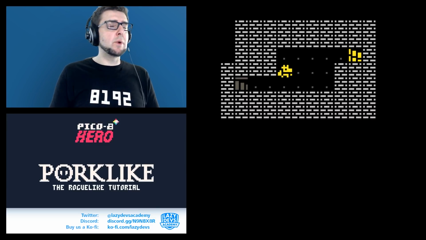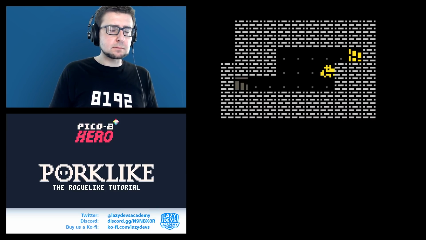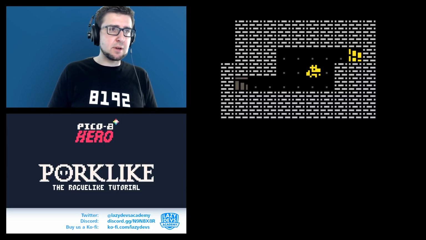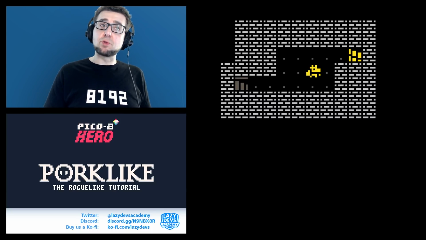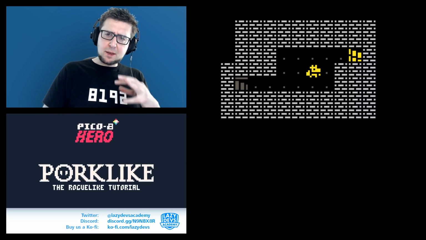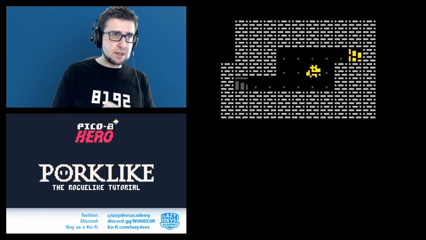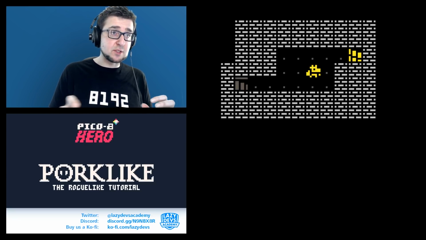But also, when he walks, he jumps from one tile to another. That's very old school roguelike, but that's something I want to invest a little bit in. I want to actually be doing animations. So when you press a button, I want him to move smoothly from one tile